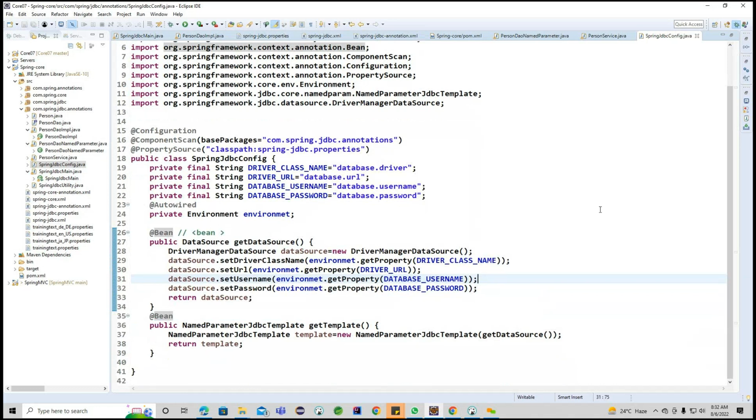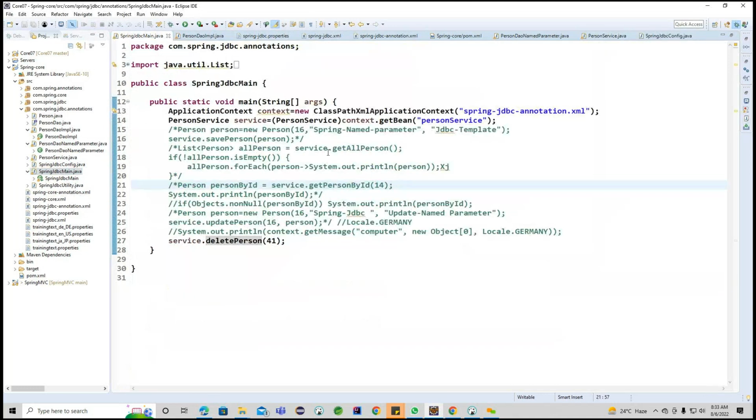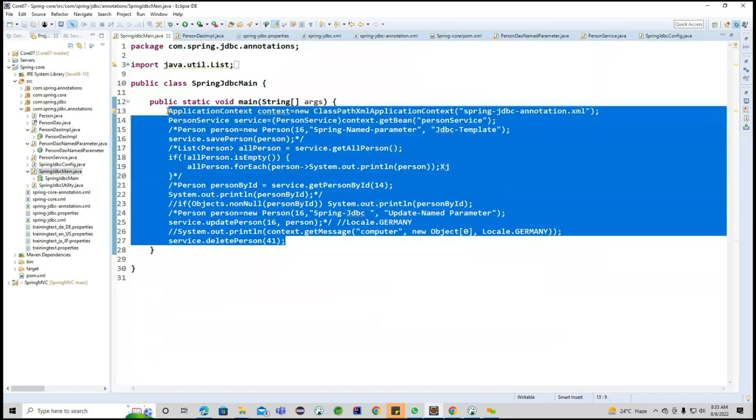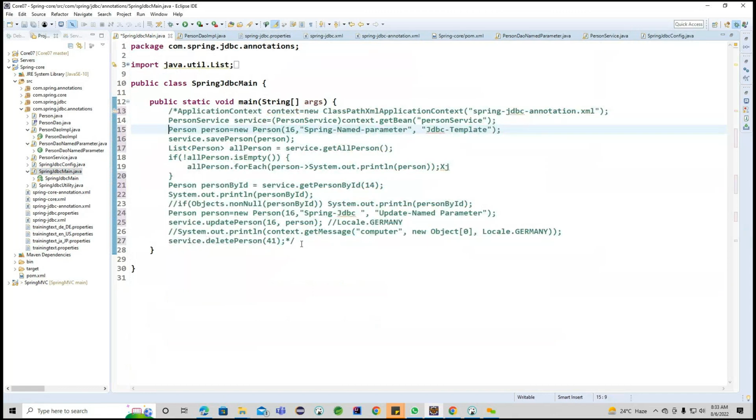Okay, this information is fine. Now finally we have the database data source and the named parameter JDBC template, and all the classes come up with the stereotype annotations here. Now what we can do is go to the main file. How I'm going to create this is important, we need to understand. Where is the file? The main file. Here, this section I'm going to comment out,